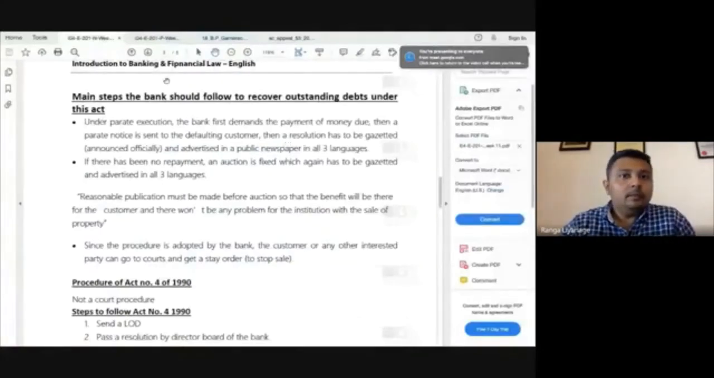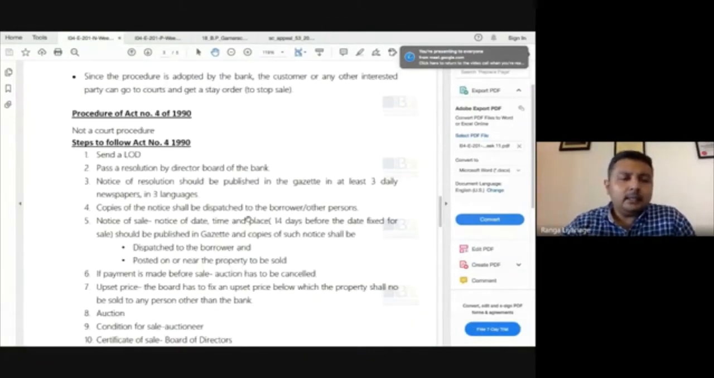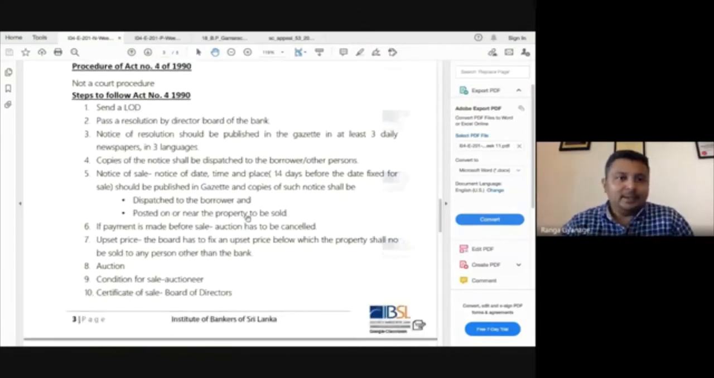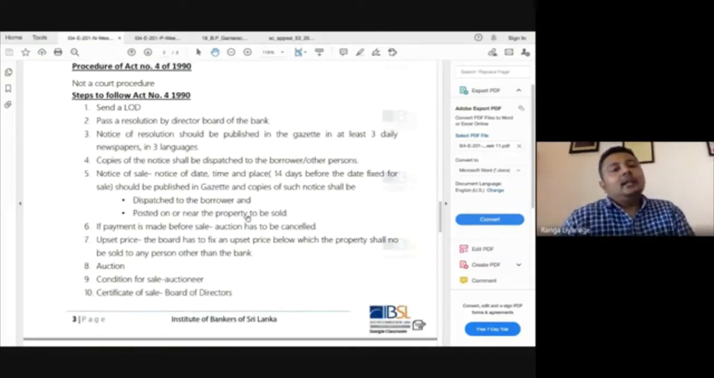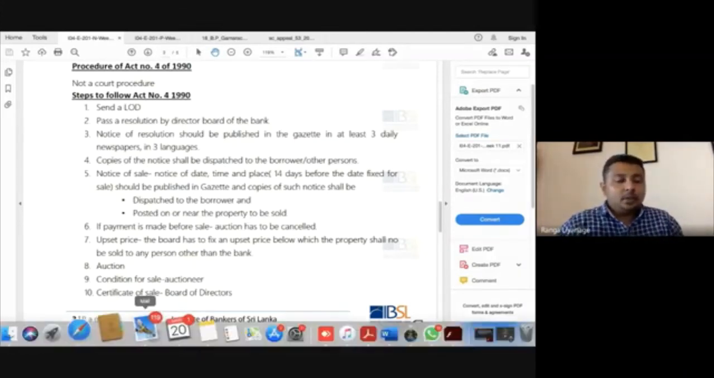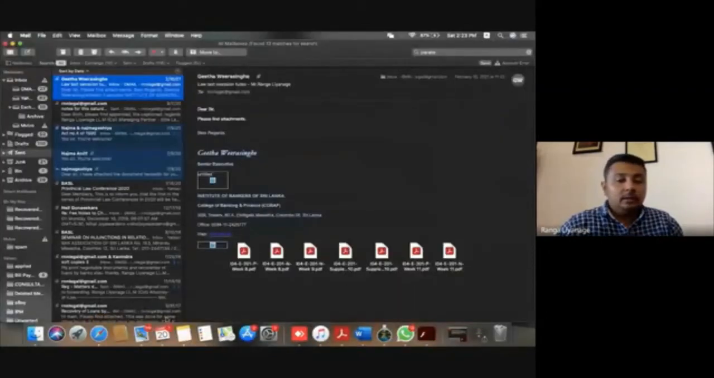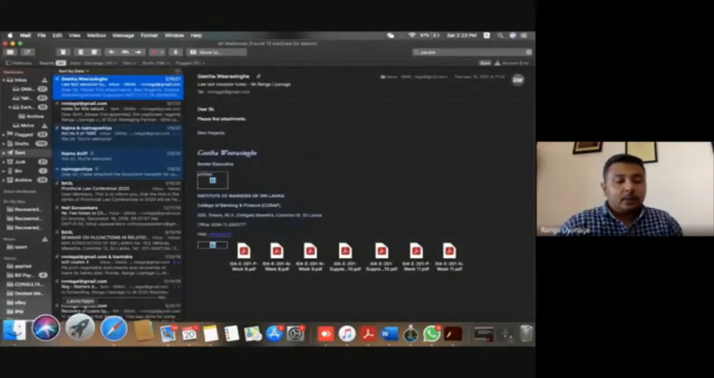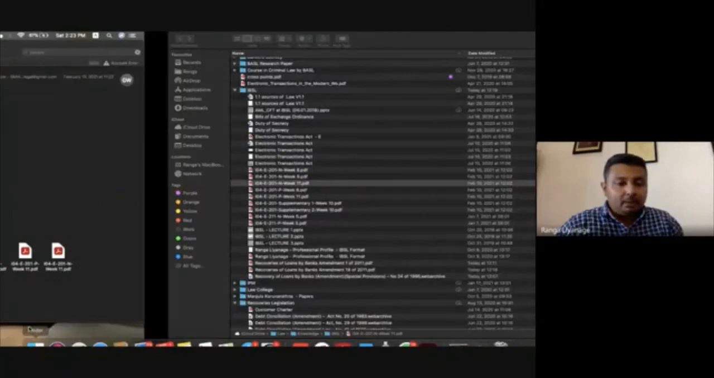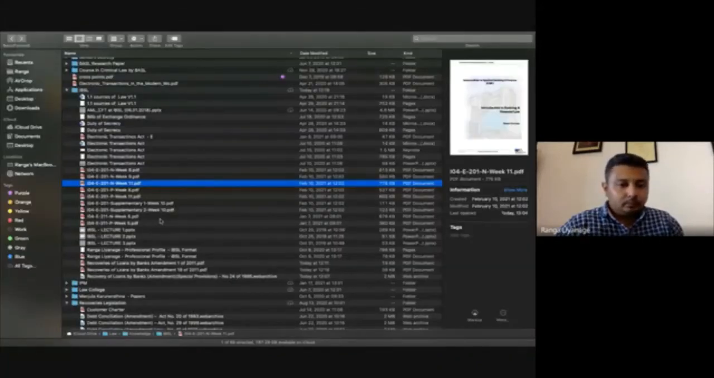We will see what this act says. Marvelous act. There were so many cases, there are so many cases, and there will be so many cases. So the first thing is, when there is a default, the bank will normally send a letter of demand. If there is no response, or the customer doesn't pay up,